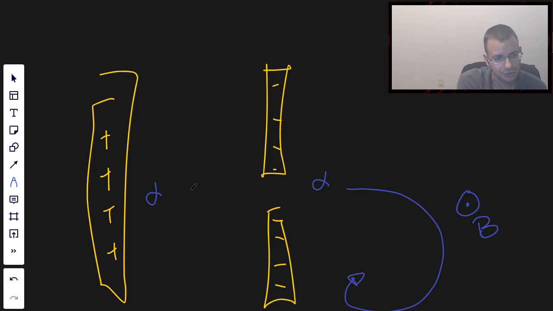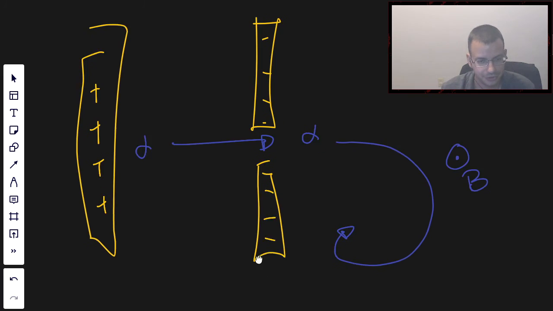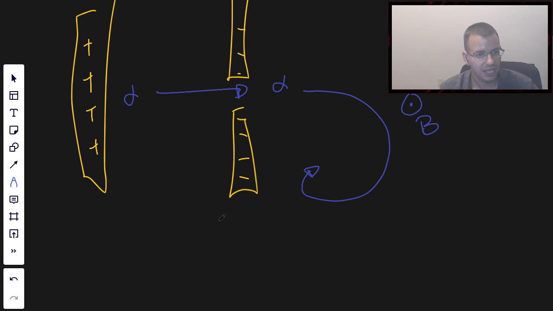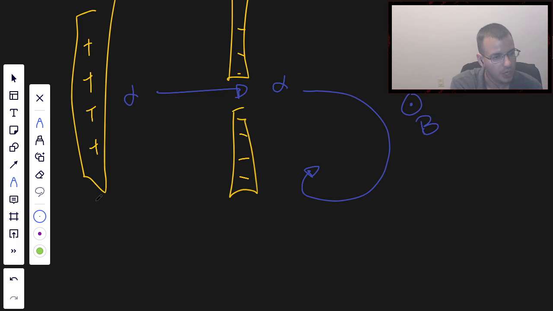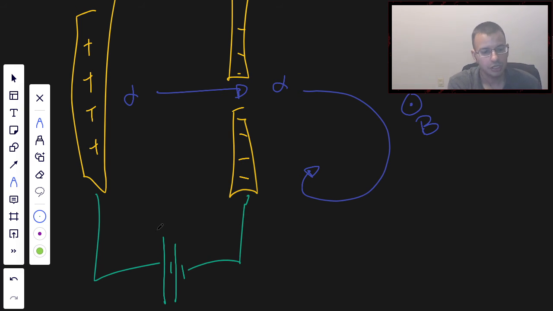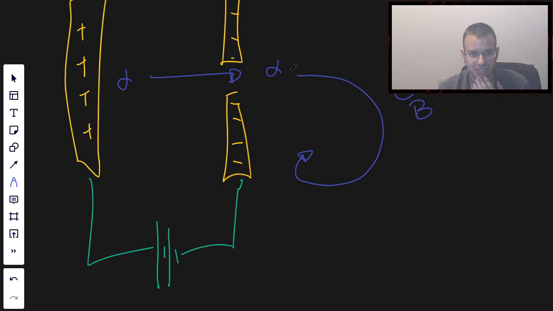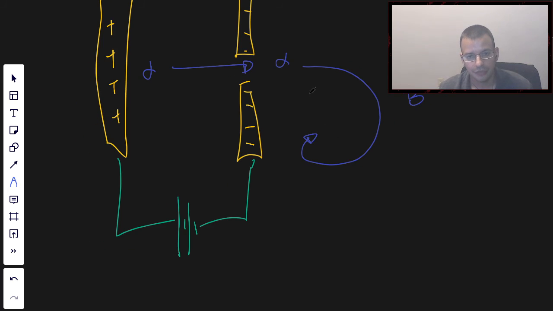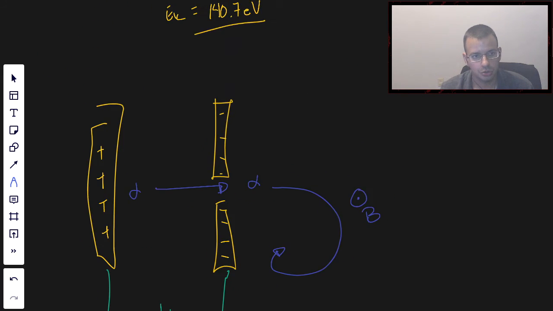So the alpha particle starts here. It's repelled by the positive, attracted to the negative, goes through this little hole we have here, and then starts spinning because in this region we're going to have a magnetic field. And so the question is basically, what is the voltage of the battery? We're not going to actually use a battery. That we'd have to charge up these plates to transfer the energy to the alpha particle. And to do that, we're going to use